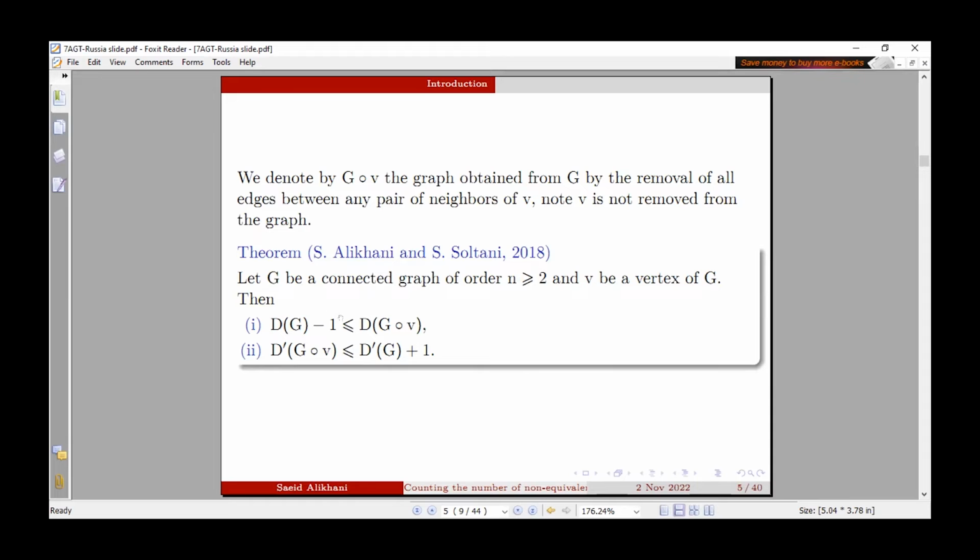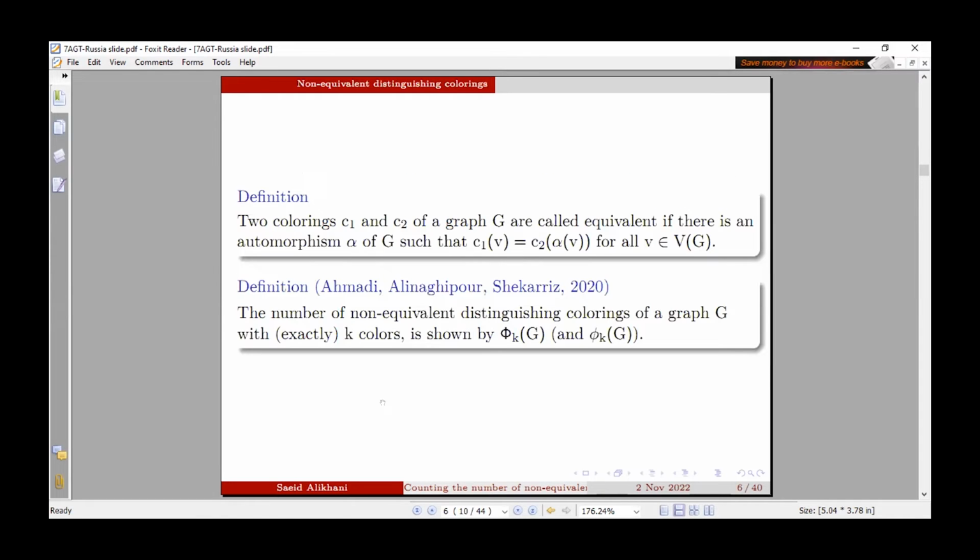If we do this operation on a graph, then the distinguishing number of G∘v is greater than or equal to the distinguishing number of G minus 1, and also the edge distinguishing index is less than or equal to the edge distinguishing index of G plus 1. Okay, now